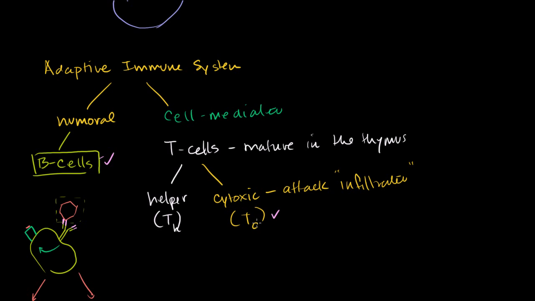But that leads us to a very obvious question. What does this guy do? What does the helper T cell do if he doesn't directly interface either with pathogens or produce things that interface with pathogens, or if he himself doesn't go and directly kill cells? And the answer is that the helper T cell is kind of the alarm of the immune system. And on some level, it's almost the most important.